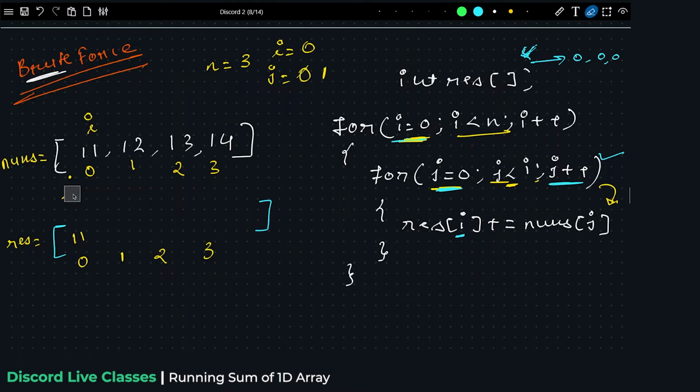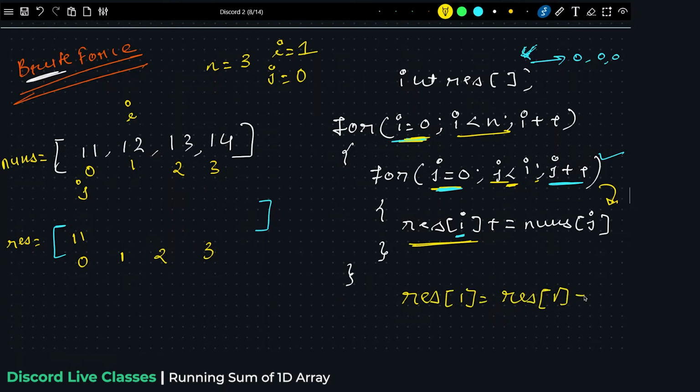No, 1 is less than or equal to 0. So what will happen, then again I will become 1 and I increment it, and j again starts from 0. So again it is saying that I is equal to 1, j is equal to 0. Result of 1 is equal to 1 plus nums of